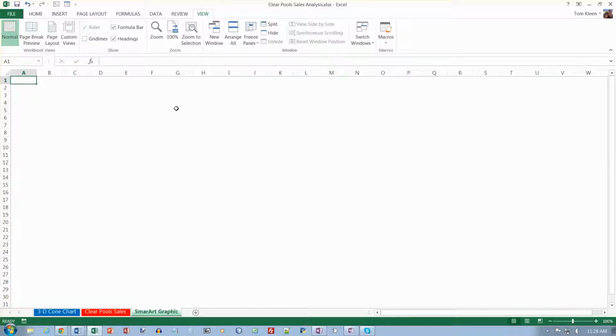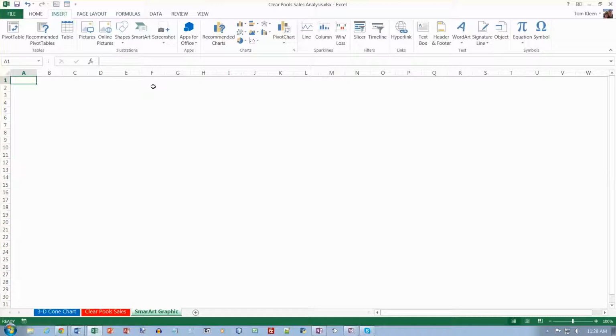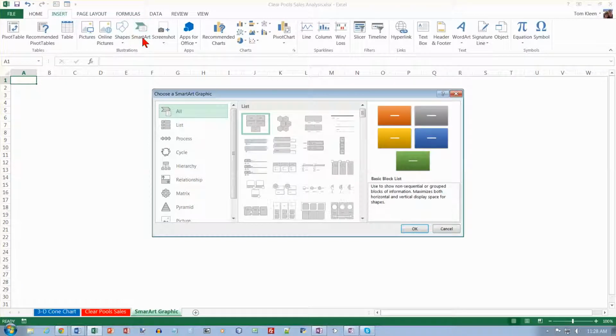Okay, we want to put a SmartArt graphic in. Actually, I think you're more likely to use this in PowerPoint or Word than you are in Excel, but it works the same way. So let's go to the Insert tab and tap or click the Insert a SmartArt Graphic button. So click on that, and